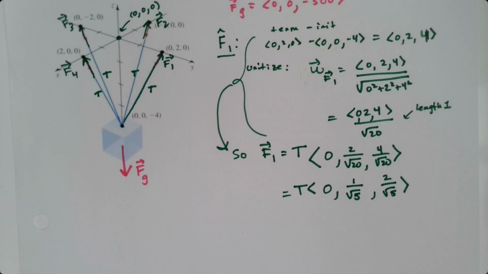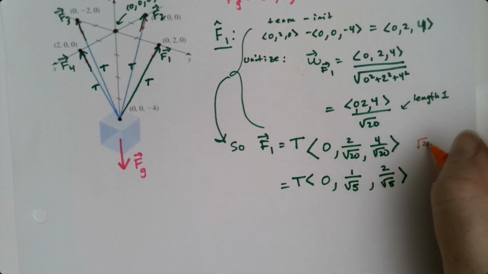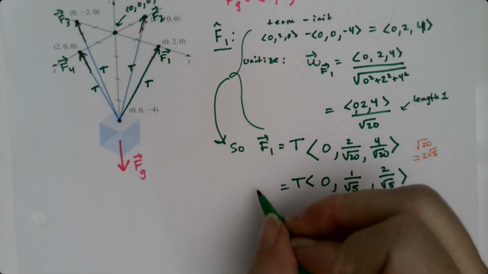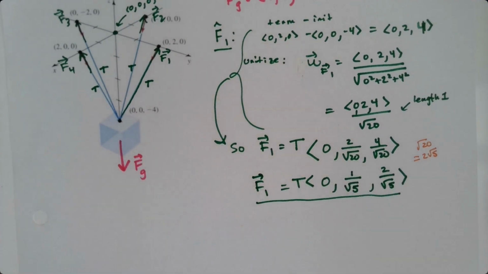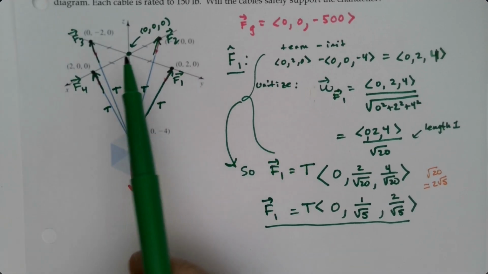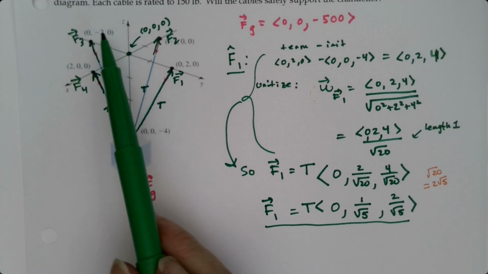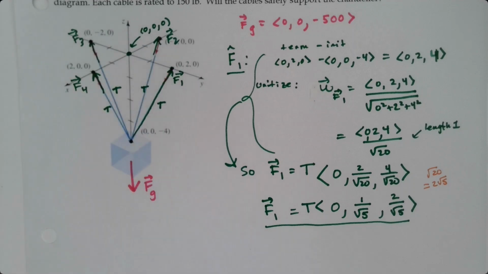I'm just kind of making that there. I'm doing that in my head, and then I was canceling some numbers. Okay, so if that's force 1, now keep in mind, look at all the other vectors. They all kind of work the same, right? It's just that the 2 is in a different spot. Sometimes the 2 is in the x direction. Sometimes it's in the y, but it's negative. Sometimes it's in the x, but it's negative, right? So that means that